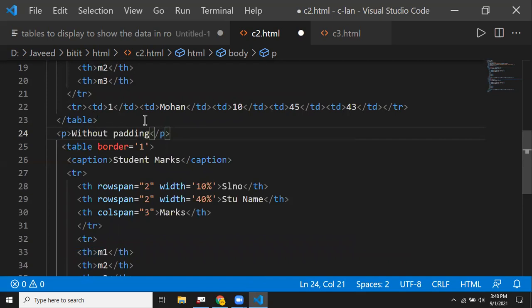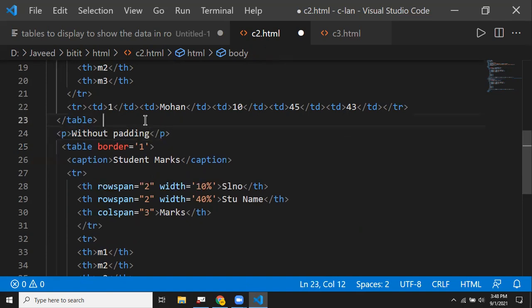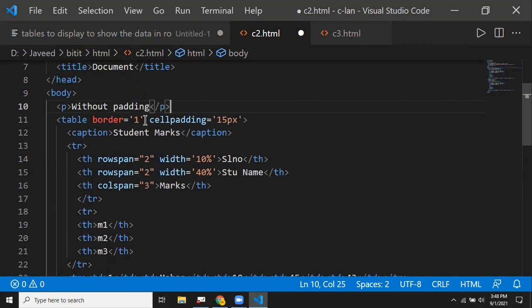The above table is with padding, and we have set the padding to 15px. Save it.